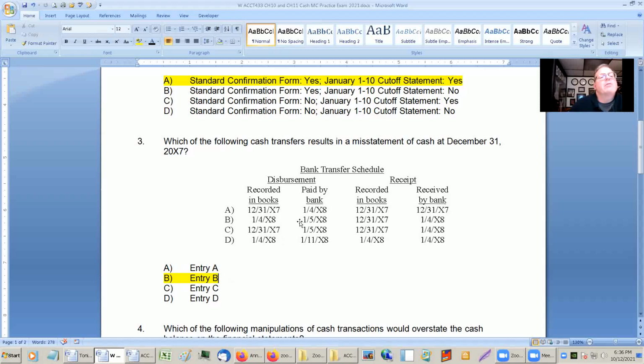I thought I had a different problem here. Let me take a look here. And this one, you can see they record at 2 different times. They should be recorded at the same time. And you'll notice that they put the receipt in the book earlier. This makes it look like they have more cash than they actually have. So that's a,